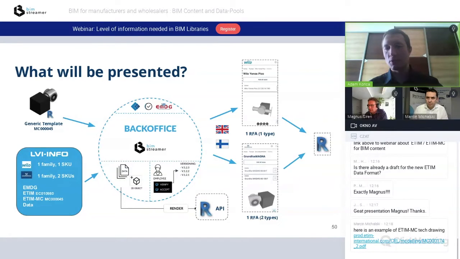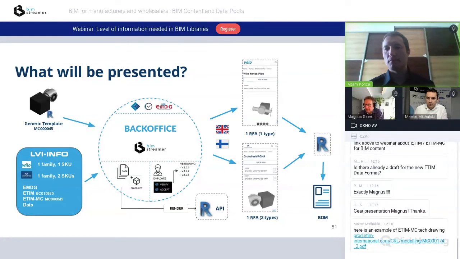This is the one option of the synchronization. The second one is that the user can select a different option and synchronize a single Revit file for a single type. However, the first option is the most common for manufacturers, as it's better to present all family types in a single Revit family. And in the end, we are going to present you a bill of material, which will be created